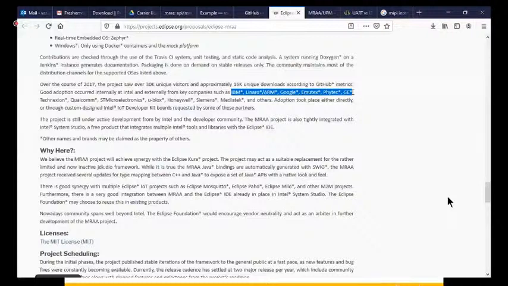These are the multiple vendors contributing to this MRAA library, and it is an active project. That is one of the reasons why we chose this MRAA library on top of Linux, to make use of the hardware interfaces.